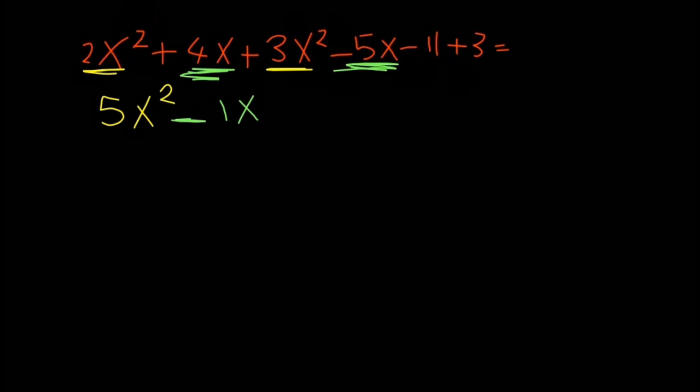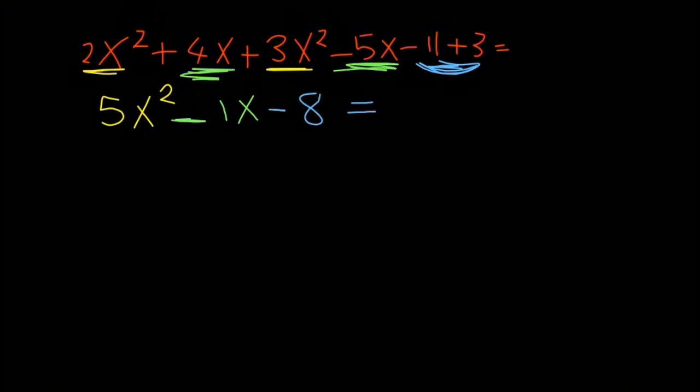What do we have else? We have the two constant numbers, which are negative 11 plus 3. So in a very simple way, opposite sign, subtract. So it is negative 11 plus 3, it is negative 8. This is actually the simplest form, but we can do one more step just to organize and write the expression